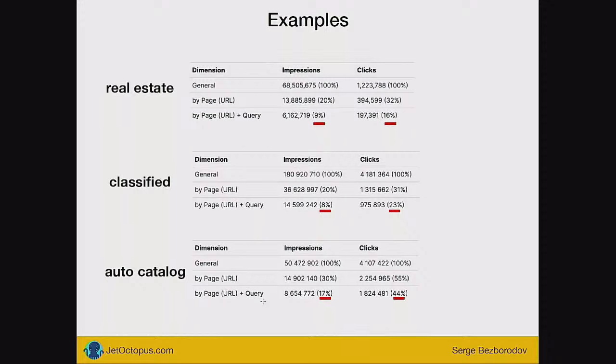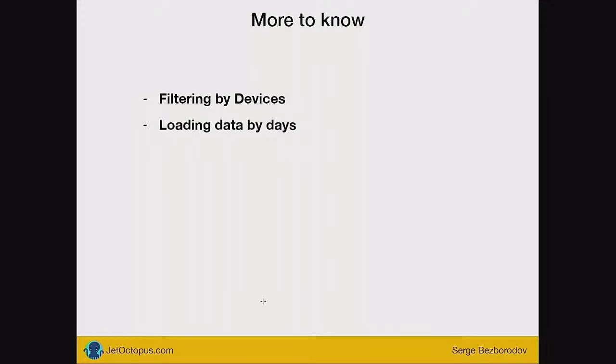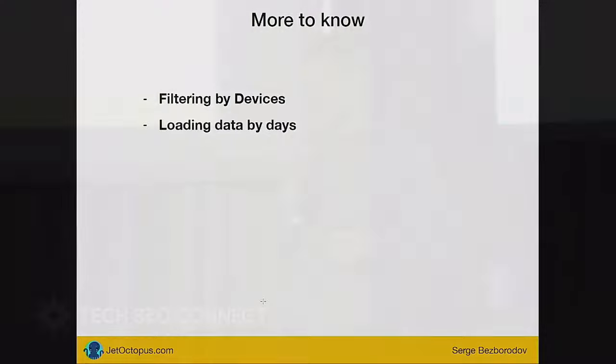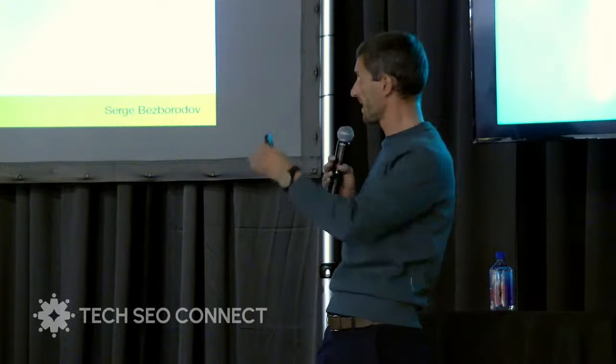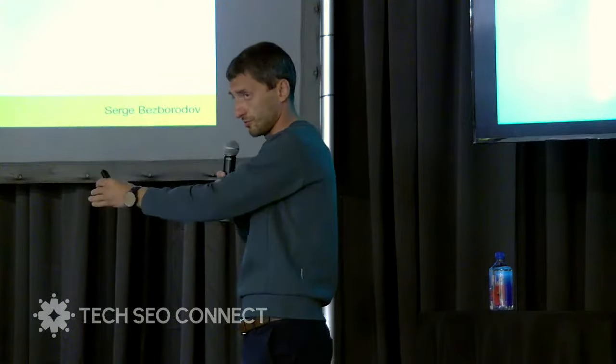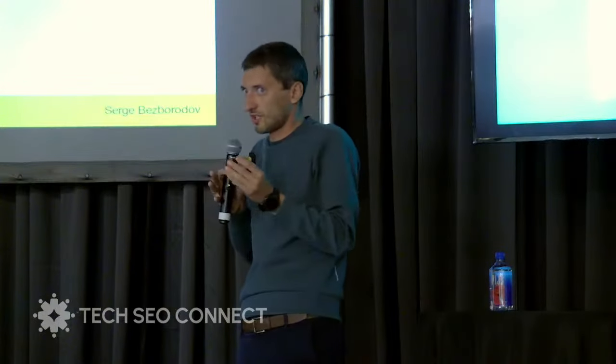It's like the golden rule of how Google Search Console works. And why does it work? Again, I'm forgetting slides. Let's make things worse. You, for example, want to have different distinct numbers for mobile devices, desktop devices, and tablet. So you make separate queries: give me the data for mobiles plus tablet, and give me the data for desktops. Okay, you sum up, and you should have the same total amounts,